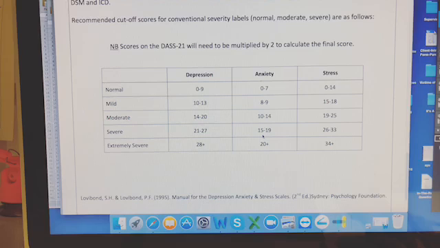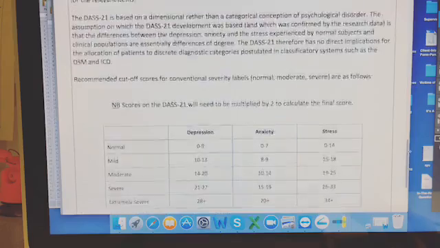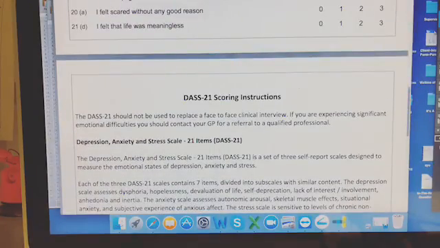So you can see here, imagine that, we got a score for depression of 13. Well, we just go to the depression column here and we go to 13. And we look over here and we can see that a score of 13 would be mild symptoms of depression. If we had a score of 16 for anxiety, we just pop over to the anxiety column. We look down, we can see that anything that's in between 15 and 19 would be falling in the severe range. And stress, so we had 16 again. So stress over here would pop up as mild. So this tool is really handy in terms of giving your doctor an indication of where you're at the moment